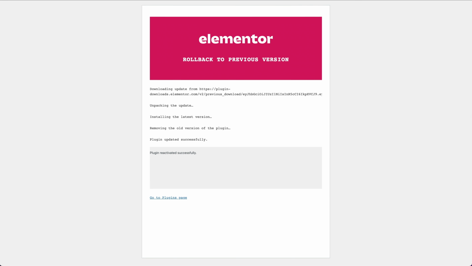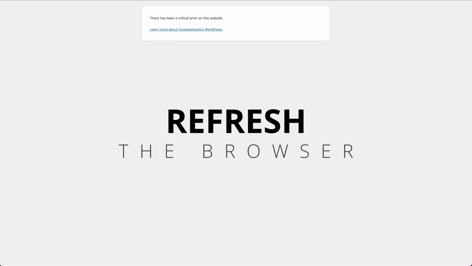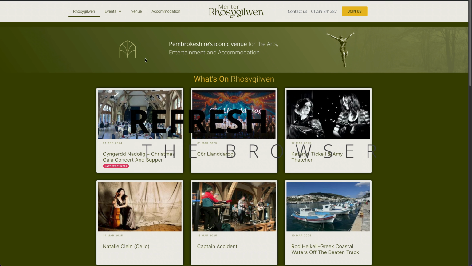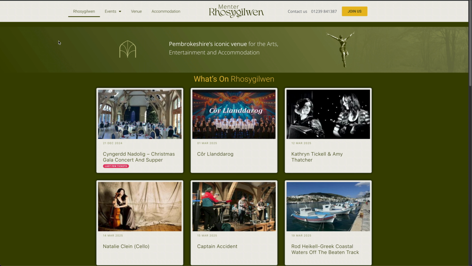And once it's activated, you can now go to the front end of your site, hit the refresh button, and hopefully it'll come back to life. On this particular site, I had to go back a couple of versions. I went back about 3 versions, and now the site's back up and running. While the plugin developer fixes the bug on their system, they've told me it'll be a few days, and it should be all right for the latest version.